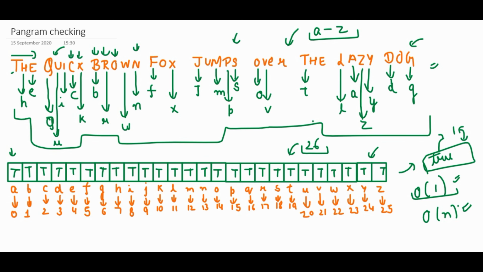This way we can solve this question. If we want another example, we can delete lazy from it, and after that we will be left with only L and Z, which are not true. Where is L? L is here, it will not be true, it will be false, and Z will also be false. So in this case, as we are not finding all the letters as true, we have to return false if we don't have lazy in this sentence. Okay, so this way we can solve this question. I think you have got it. Thank you.